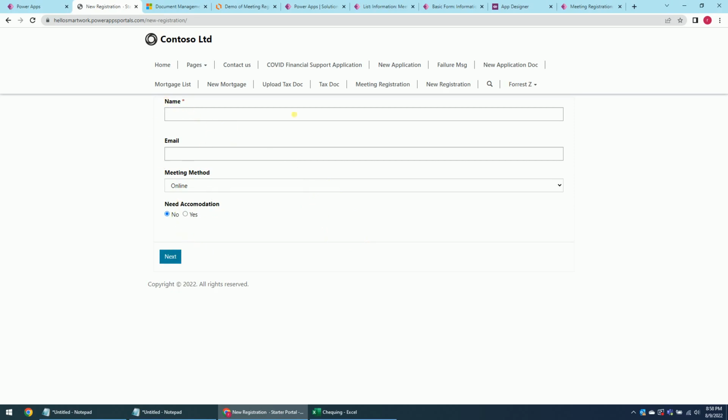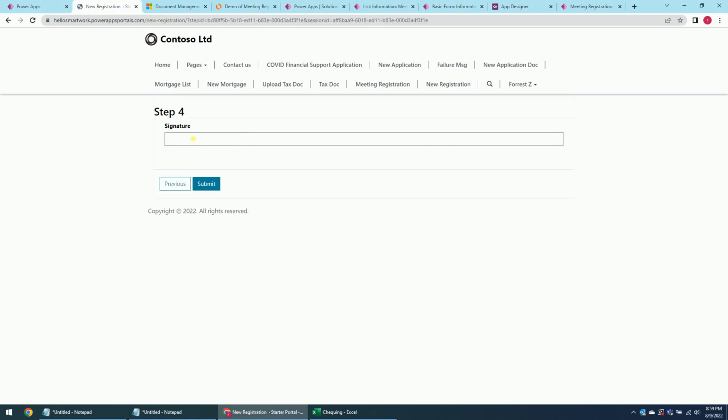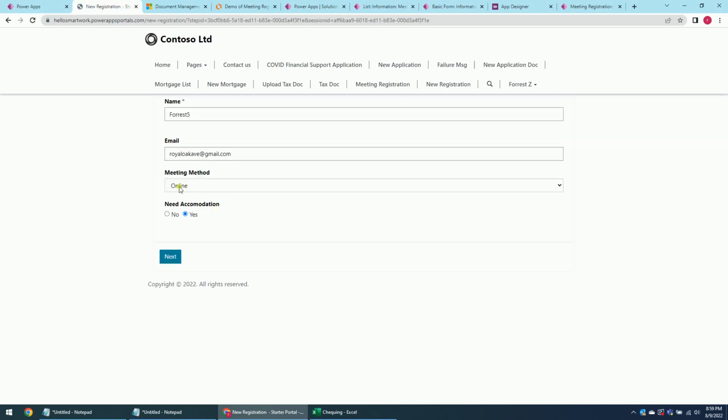Firstly, we just click this in the new registration page. We just input some fields here and email, and we can set up some conditions like online. The next step will be based on the two fields. So if it's online, we will go through several steps, the signature. But if we choose on-site